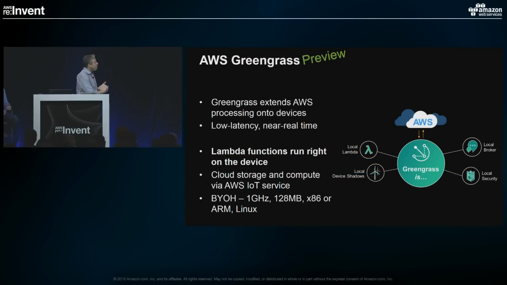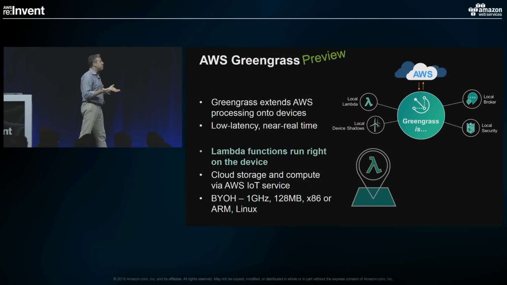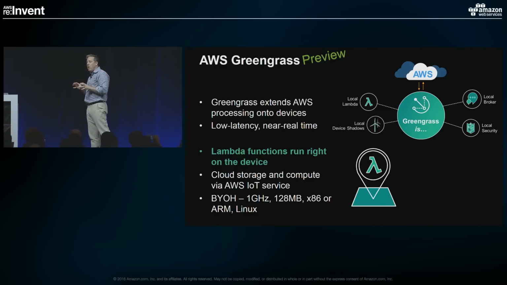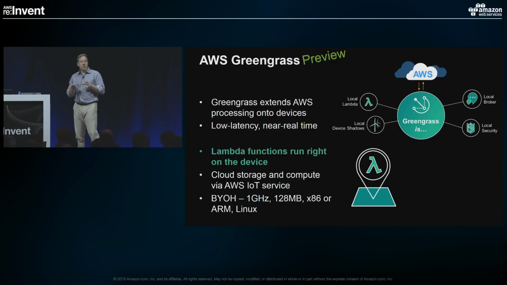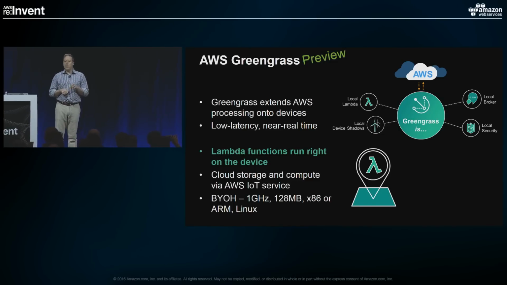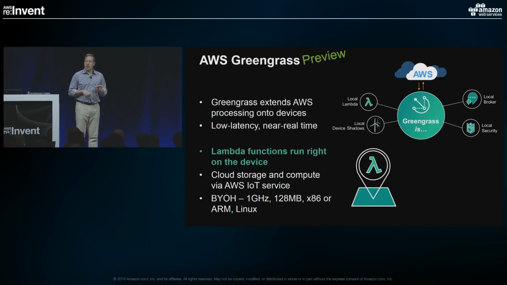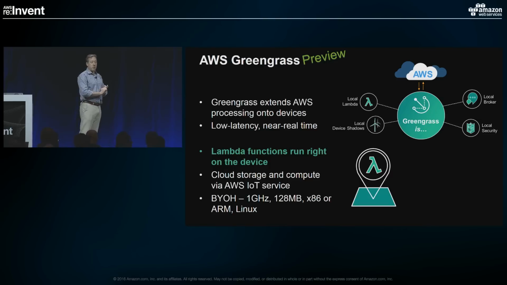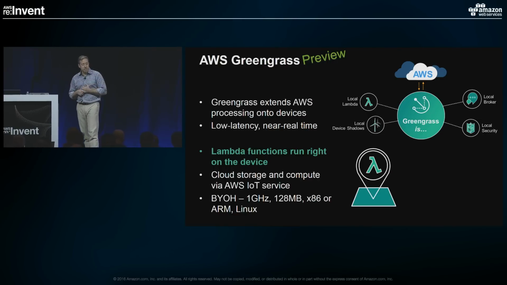And then we thought, we should go one better here. I mean, that was really useful. Maybe other people want to do this. So the other thing that we announced this week that extends Lambda is Greengrass. It basically takes Lambda functions onto arbitrary devices so that any hardware manufacturer is able to do the same thing that we just did with the Snowball. If they have a need for very low latency, near real time, or partially or maybe even at some point completely disconnected execution, they can do that in the form of a local message broker and a Lambda function that runs right on the device.